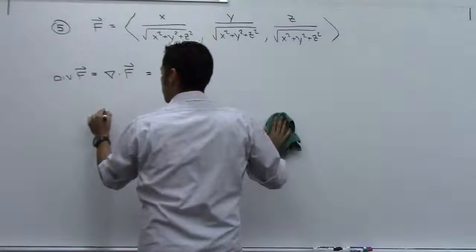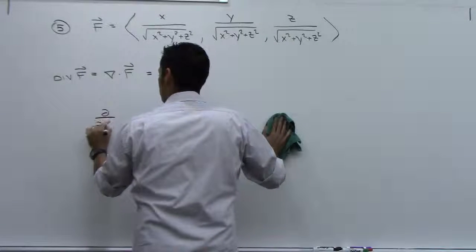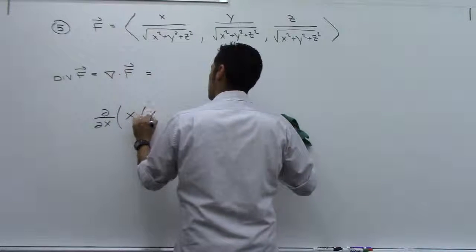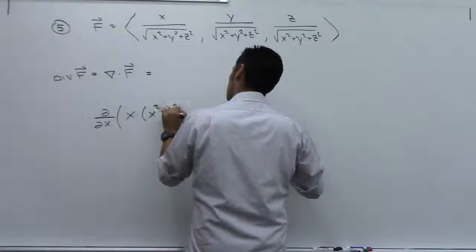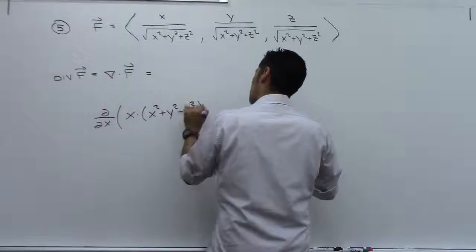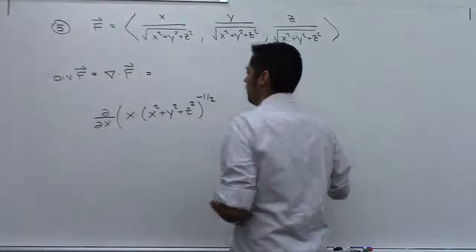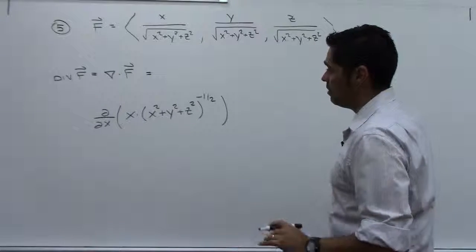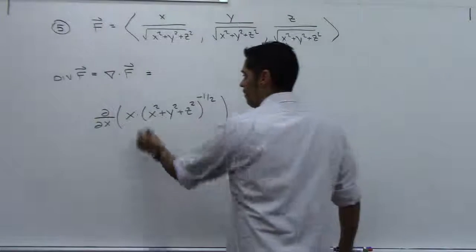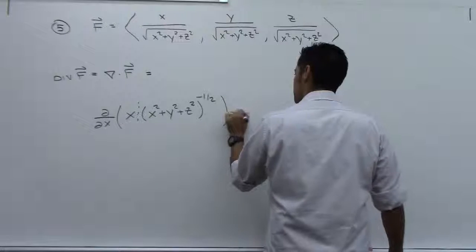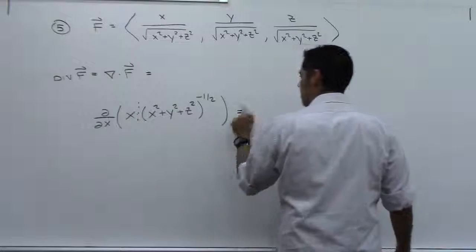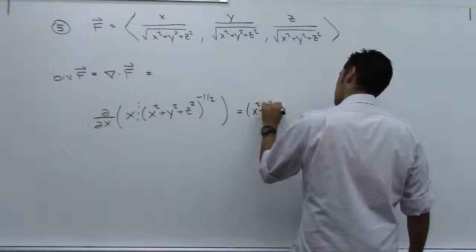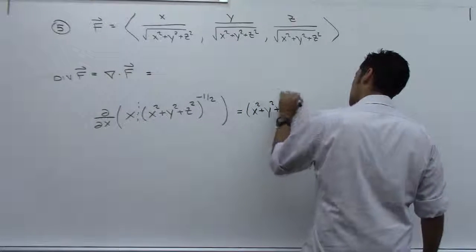So let me look at that first one. What would the partial with respect to x of, I'm going to write x times (x squared plus y squared plus z squared) to the negative 1/2 be? Now I'm going to have the same pattern for all of these, all right? So let's see what I get here. I have a product rule. So this is going to be 1 times this. So (x squared plus y squared plus z squared) to the negative 1/2